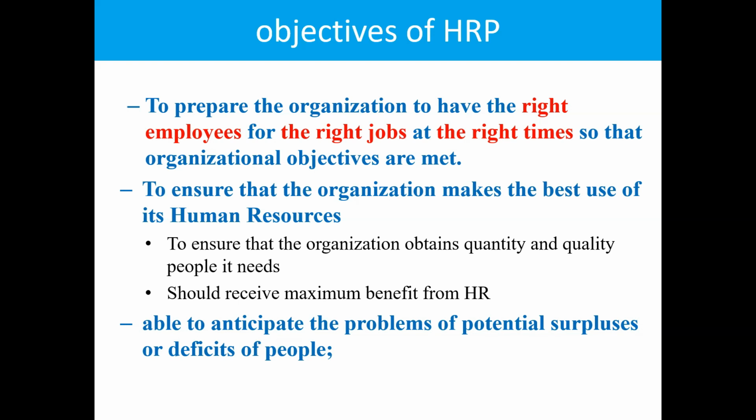Balance in the sense that people needed must be supplied. The demand of people needs to be properly supplied. So demand and supply need to be balanced. So we need 50 people and we have 50 people. We need 100 people for the next month, and we ensure that we will have 100 people for the next month. So there is no imbalance. There is a balance, right? No excess, no shortage,